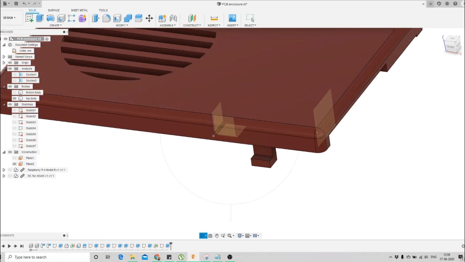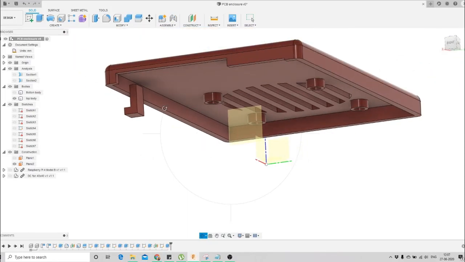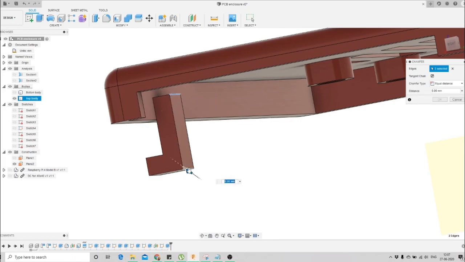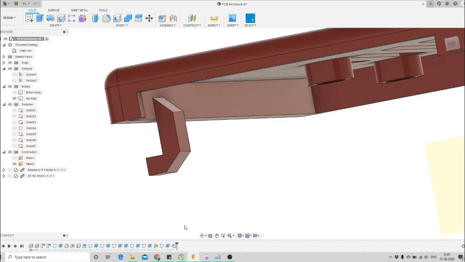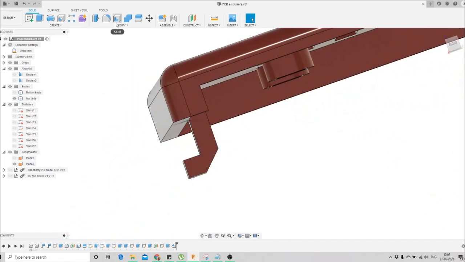So okay, the one snap fit joint we had created, and we'll do a little bit more things like apply chamfer at this corner by 2 mm. We'll also apply chamfer at this corner.